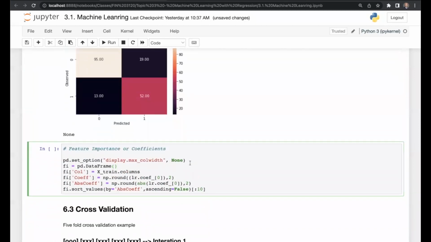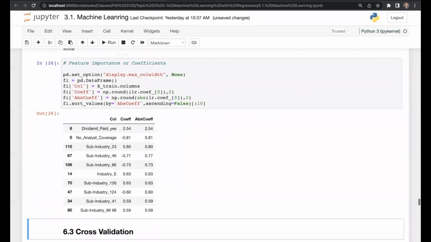All right, so now we are going to look at feature importance. So I'm just going to get the column names from our training data. I'm going to say, let's go into our logistic regression and get the coefficients. And I'm going to round those to 2 decimals. And then I'm going to actually get the absolute coefficients as well. And I'm just going to print those out. And what you can see here is we have,